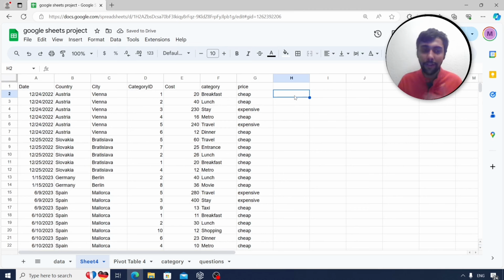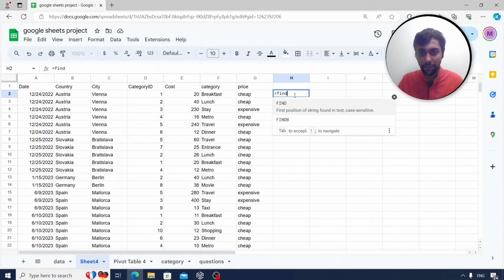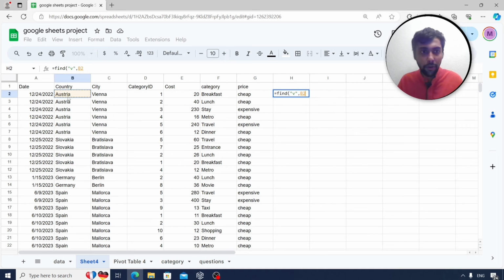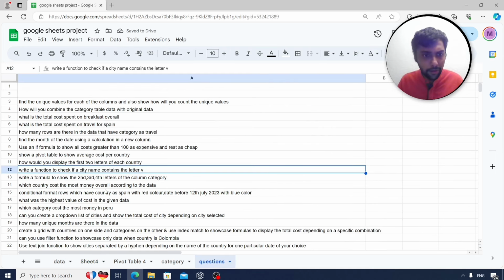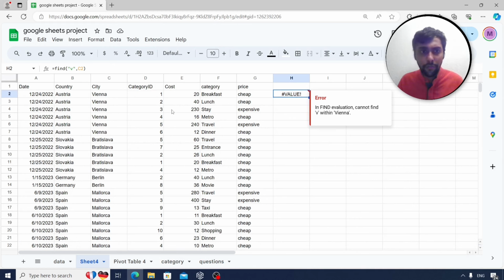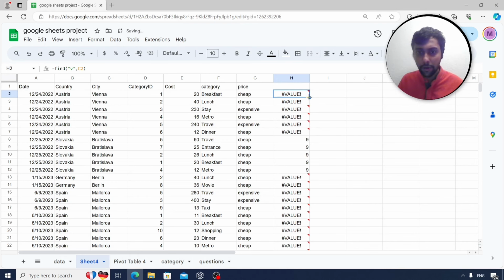Now if we want to check if the letter V is there in the word or not, we can simply use a find function. I'll write find. I want to search for the letter V, and where do I want to search? I think it was city or country. Let's go back here. Yeah, it is for the city. So if it shows a value error, it's because it is not able to find it. If I drag this formula down, you can see